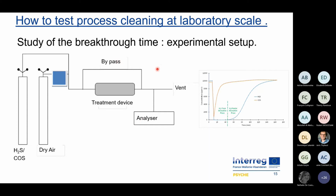The bypass actually is quite important, because it's the way to stabilize the flow and to have the starting concentration of the pollutants you want to look at. And here on the graph, you can see this is my starting concentration of the two systems. Once the flow is stable, we can change the valve, and going through the treatment devices, it's what is